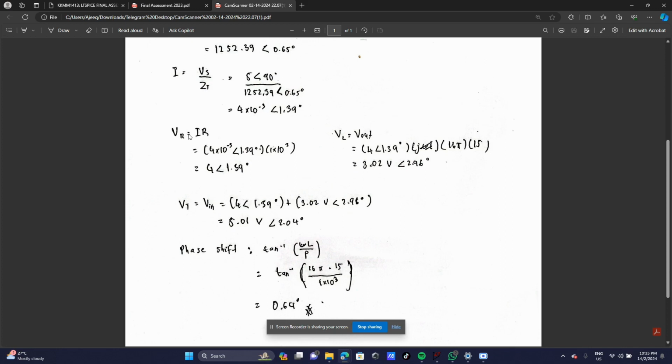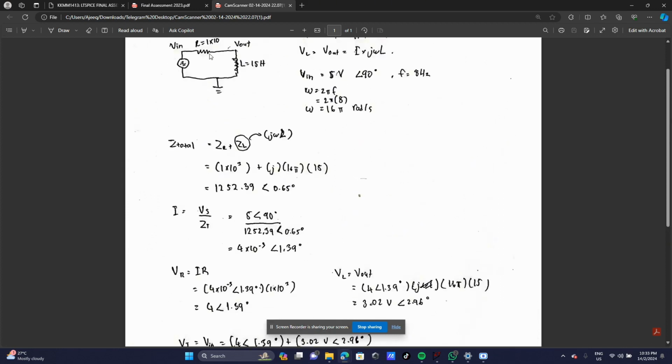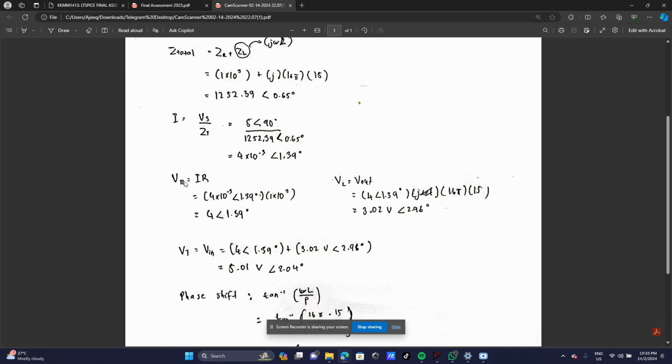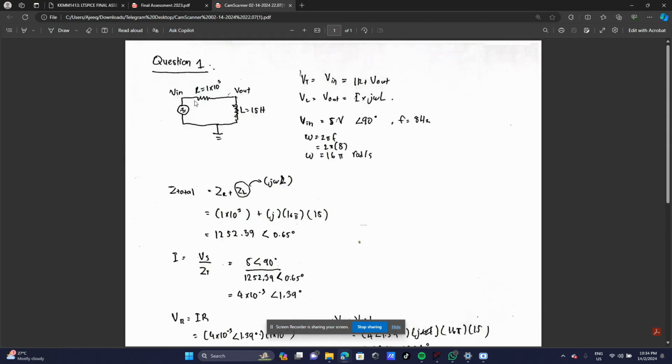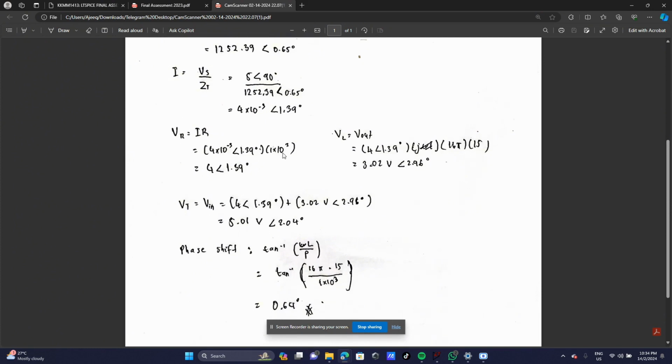And then we're going to find the voltage on the resistor, the VR, which is of course, the general one is V equals IR, and then we're just going to substitute the value. VR equals IR equals, we're going to put the value of I, which is what we have obtained up here, and then we're going to put the value of resistance, which is 1000 ohm. We'll put it over here, and then we will get the VR with its own respective angle, which is the same as, oh no, not the same, which is 4 volt instead of this